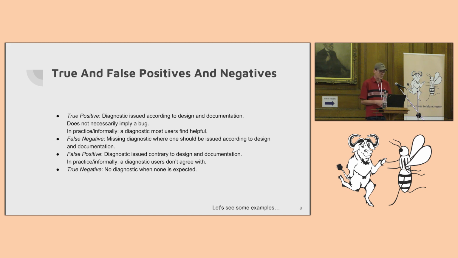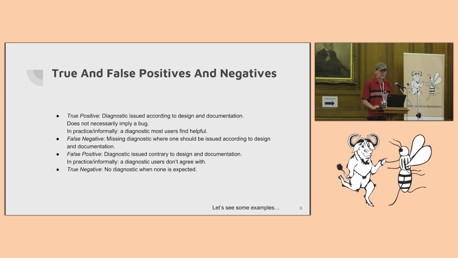And that unfortunately carries a little bit of a social stigma with implementing both static analyzers as well as warnings in the compiler. A false negative would be a missing diagnostic, one that should be issued according to the design and documentation, but isn't. That's also problematic, of course, depending on which community you come from. If you come from the safety community, you would definitely not want to see any false positives. So different communities with different focus have different priorities and different sensitivity to false negatives or false positives.